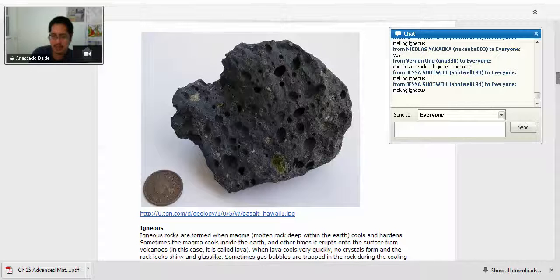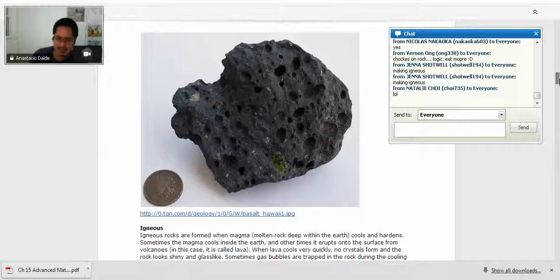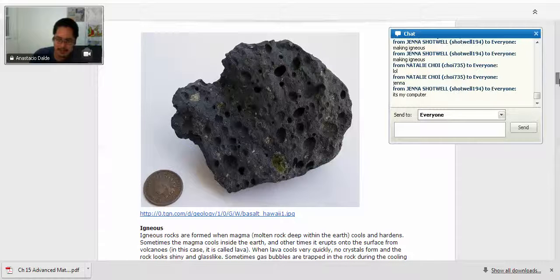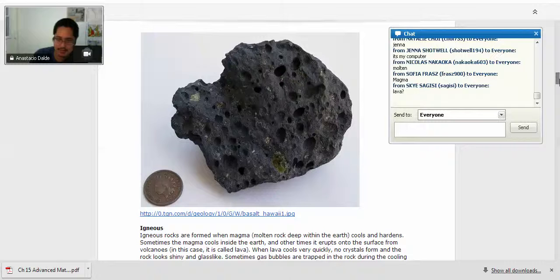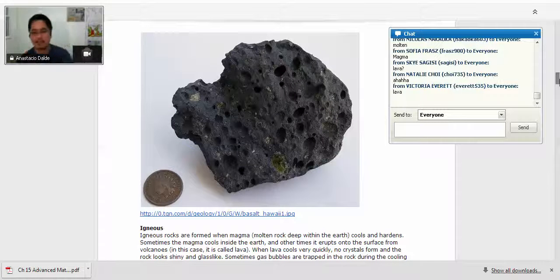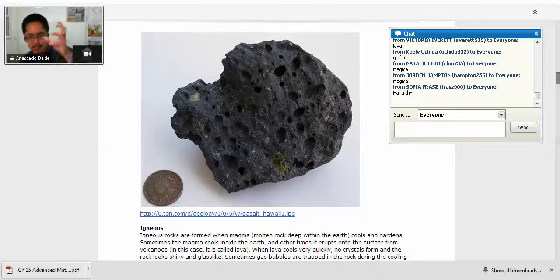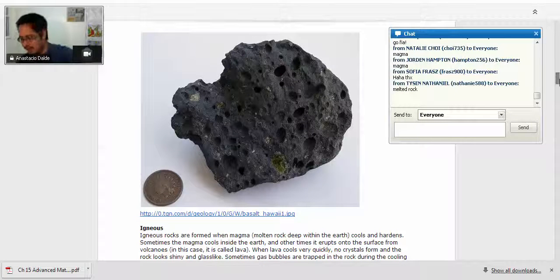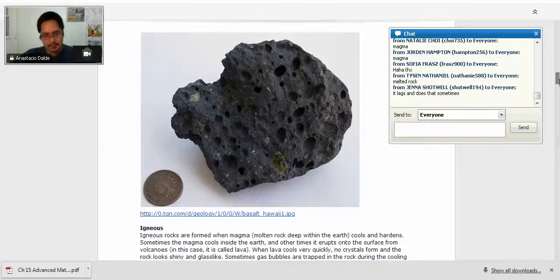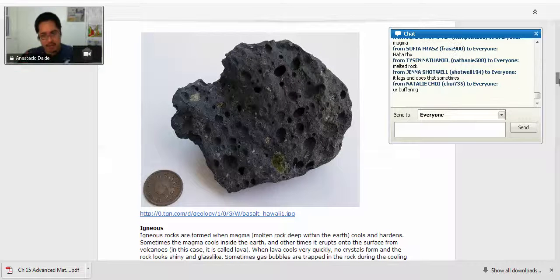What is melted rock? What do we call that? Magma. There we go. It's magma. It will turn into magma. That's liquid rock. We're talking about melted chocolate here. Now, when liquid rock cools, when magma cools,